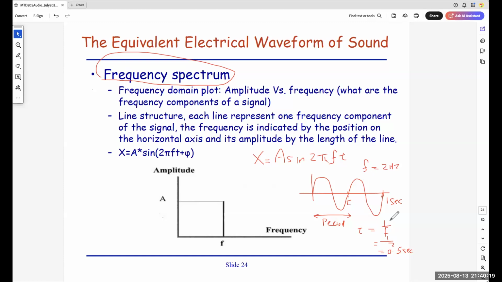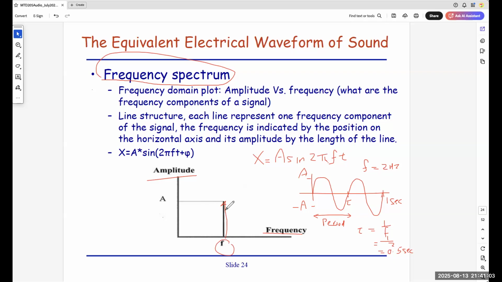So instead of drawing these 2 cycles, maybe some scientists feel that drawing 2 cycles is also very troublesome, and maybe very tedious to understand. Of course the amplitude here is called A and minus A. So some smart scientists thought, maybe I draw in another domain called frequency, because frequency here is very simple. You can calculate it is 2. So I draw this amplitude and this frequency. Instead of plotting amplitude and time, I plot amplitude and frequency, and 1 spike. That's all. Okay. F. So is it easier to represent?